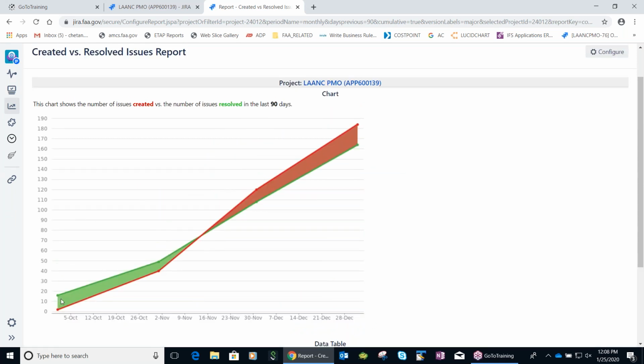See, initially we had more resolved than created, but then suddenly that changes. Around the October time frame, we resolved 16 issues and created two, which is counterintuitive, because you cannot resolve 16 issues out of two.